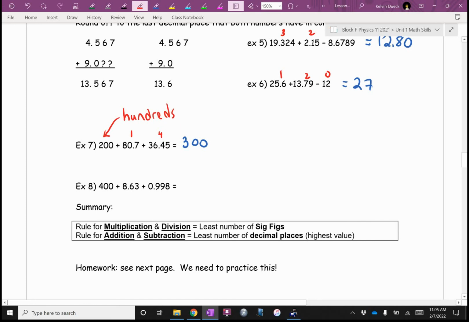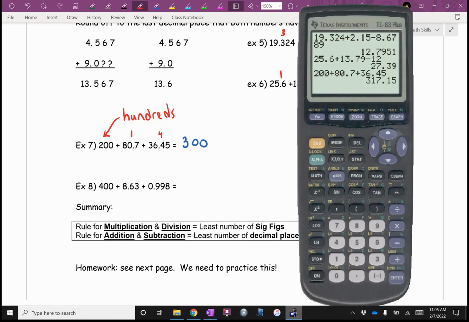So now if we're talking decimal places, it's not exactly decimal places. Now I'm talking actual columns of numbers. The most accuracy that I can go to here is in the hundreds. So when I typed this into my calculator, 200 plus 80.7 plus 36.45, I can't go to no decimal places